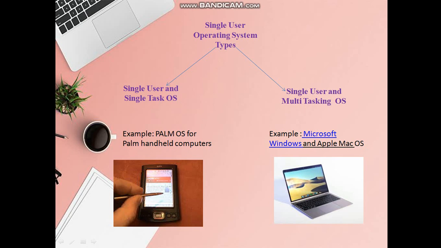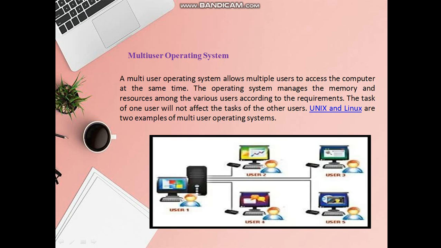Next, what do you mean by multi-user operating system? Multi-user operating system means what? See, the image below makes it more clear that there are various users like user number 2, user number 3, user number 4 and user number 5, and all these users are connected to a single computer system. Here you can see user number 1, they all are connected via some terminal with this particular system. And the system where the multiple users are accessing it will have a multi-user operating system installed on it.